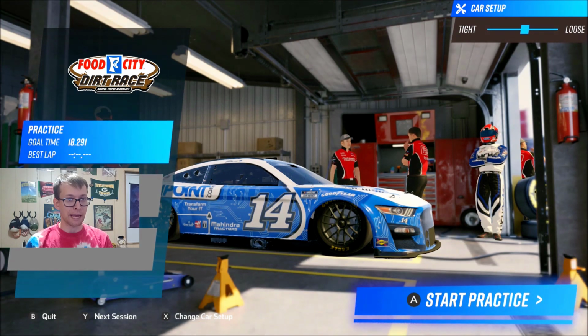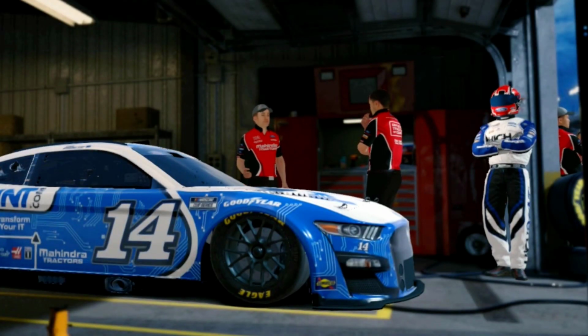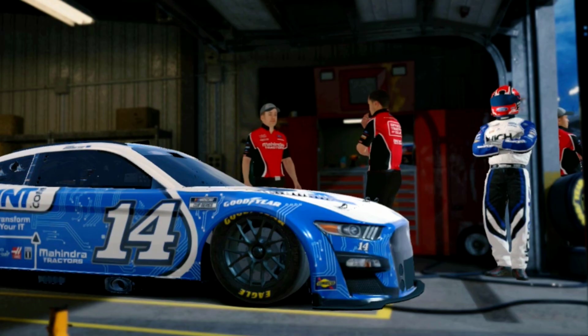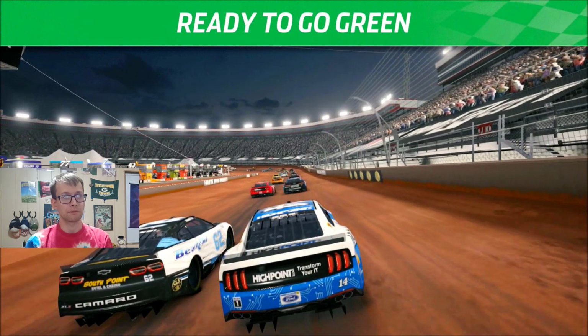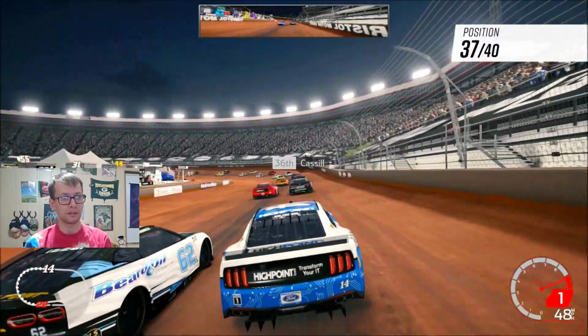We're gonna skip that practice, and we're gonna skip that qualifying. It's nice to see that Chase Briscoe actually has a High Point fire suit, but then why doesn't he have a High Point pit crew? They're all dressed in Mahindra. This is the kind of stuff that always bothered me. Kyle Busch did win the dirt race in the...